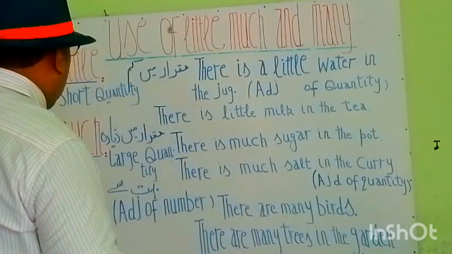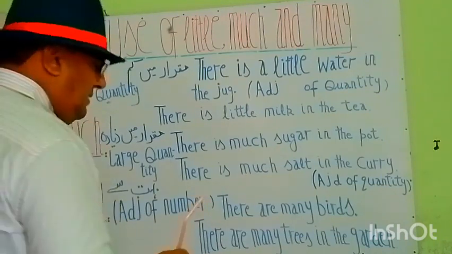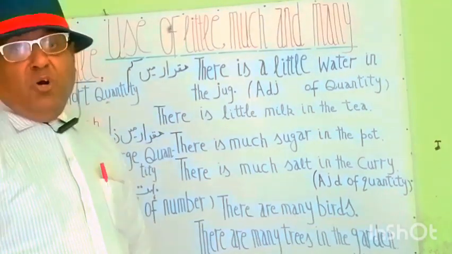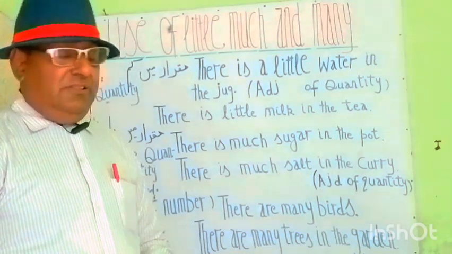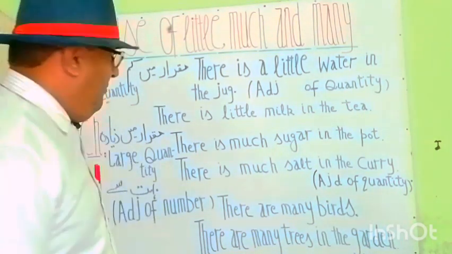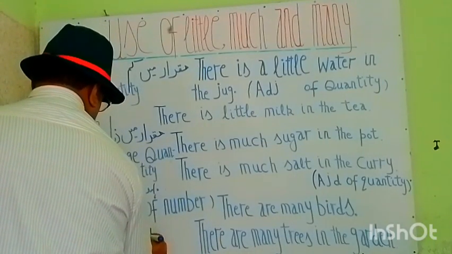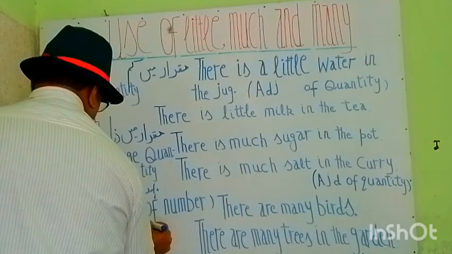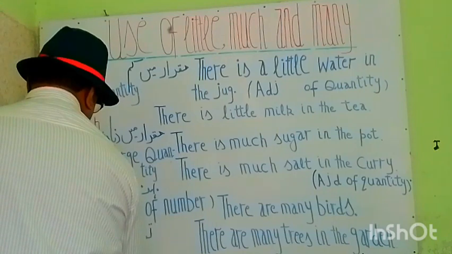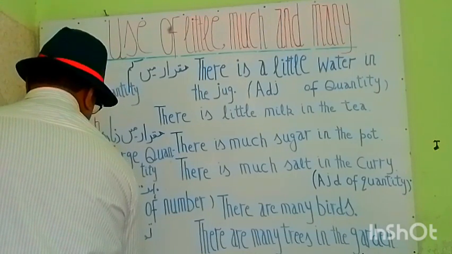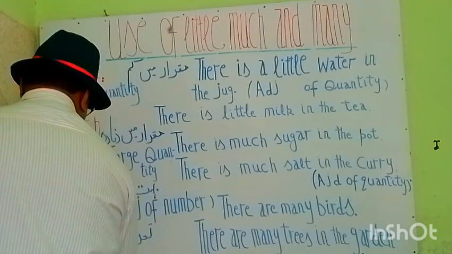And after little and much we have many. Many means in number, more in number. Many means number में ज्यादा, तादाद में ज्यादा, ठीक है। बहुत से यानी तादाद में ज्यादा। उर्दू में इसे हम लिखेंगे तादाद में ज्यादा। Many की मिसालें हमने सेट की।